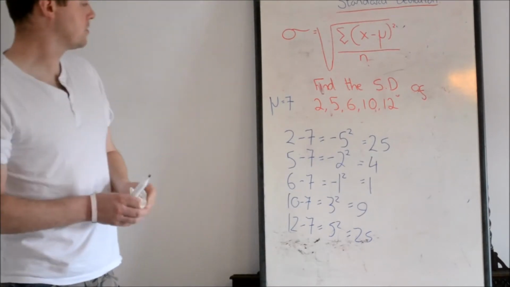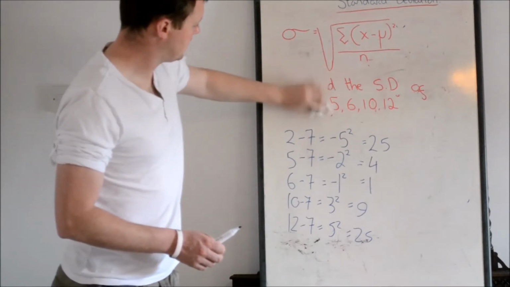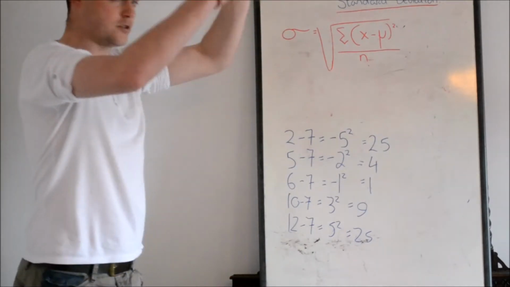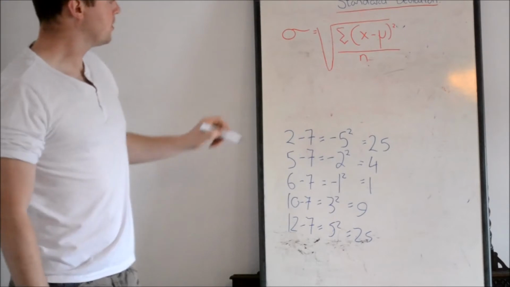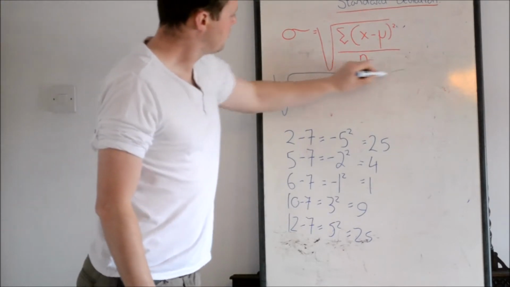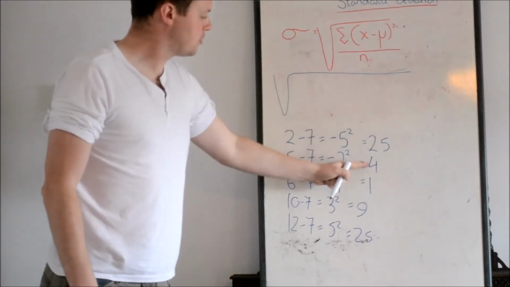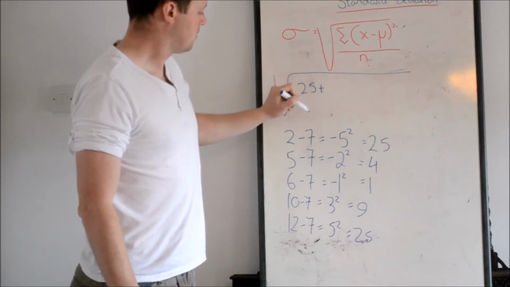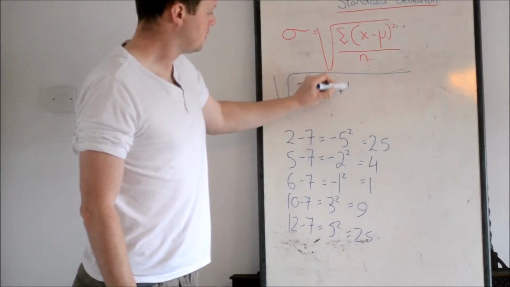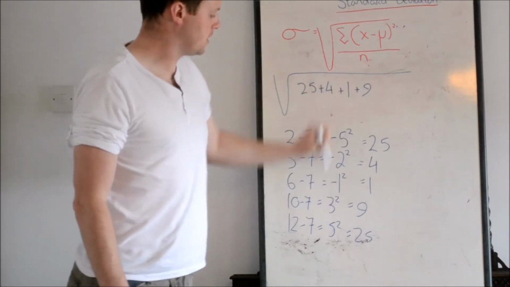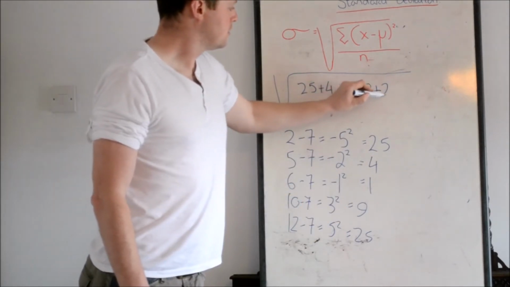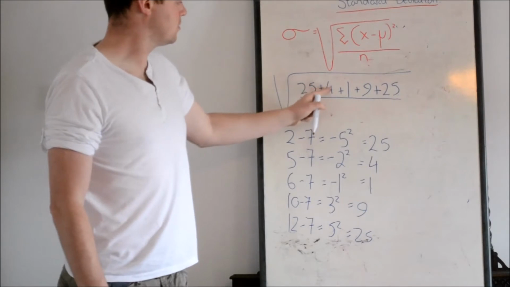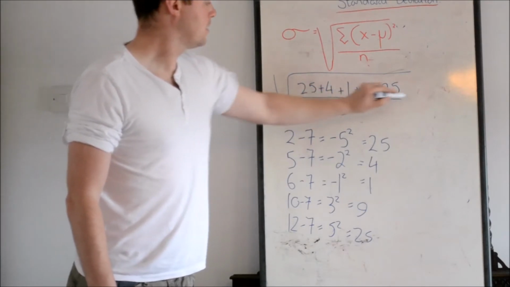So just look for a bit of space on my board. So we go back up here. Again, you'll have more space than I will, so you can just lay it out all under each other. But here we go. Square root of the sum of, well, if we add up these, that is the sum of. So we'll say 25 plus 4 plus 1 plus 9 plus 25, all over the number of numbers: 1, 2, 3, 4, 5, equals,